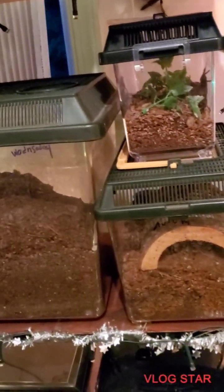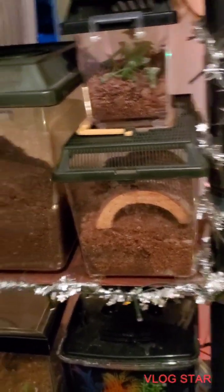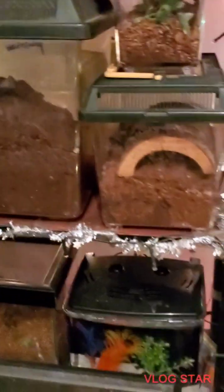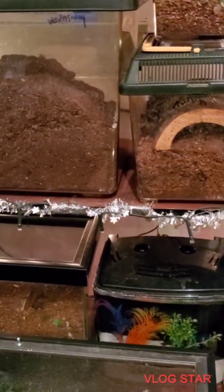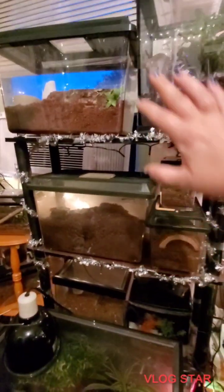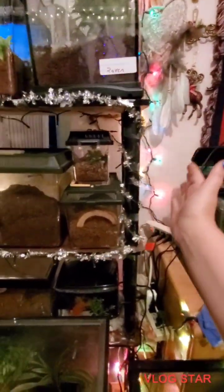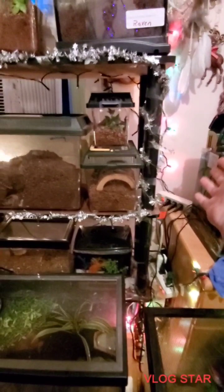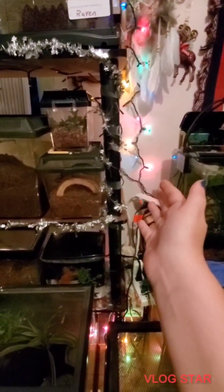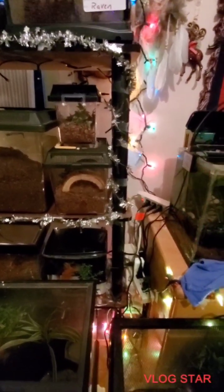But yeah, I also got Deniri there. She was kind of not on that rack, but she was in that area. She was around the corner. Let's zoom out a little bit. Okay, so this was the front rack of the store, and then around the corner there's the other set of racks. She was in a 20-gallon cage with 5 other leopard geckos,